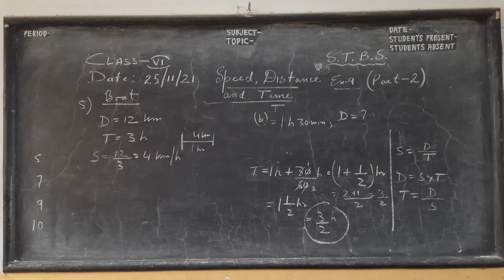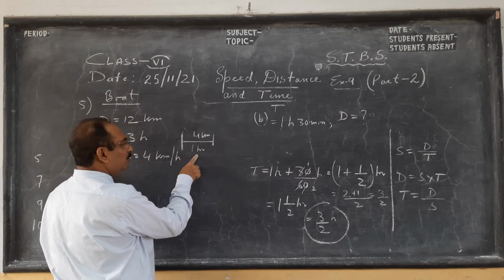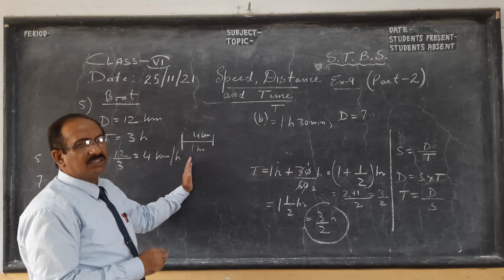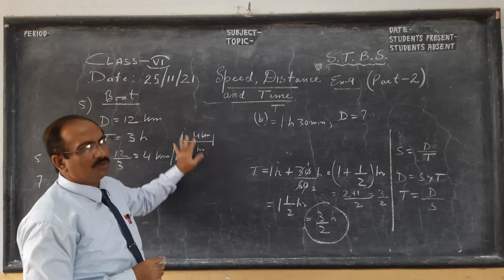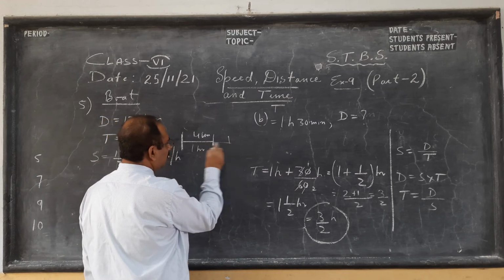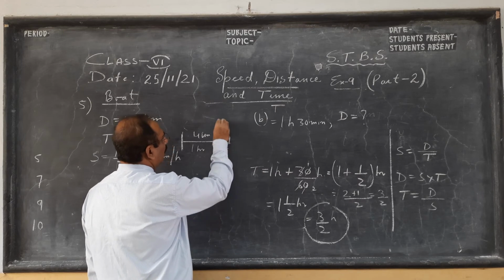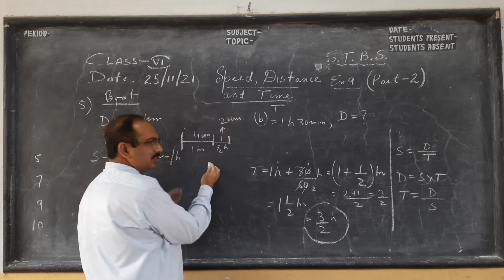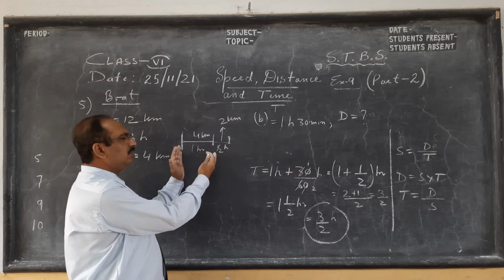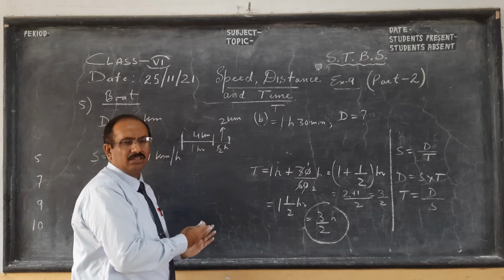So last part, we are going to find the distance. As I told you, speed we have got: in 1 hour it goes 4 kilometer, in 1.5 hours? Children, if you do with logic, I always love doing logically, what is mental math. So 1 hour 4 kilometer, but another half hour how much it will go? Just half. If this is 4, in another half an hour it will go half of 4, 2 kilometer. See once more, speed 4 kilometer per hour means 4 kilometer in 1 hour. So half hour, half of that I travel.